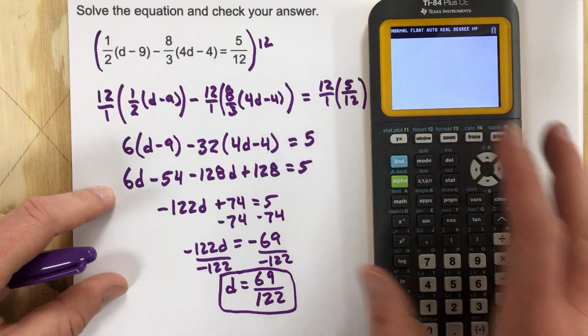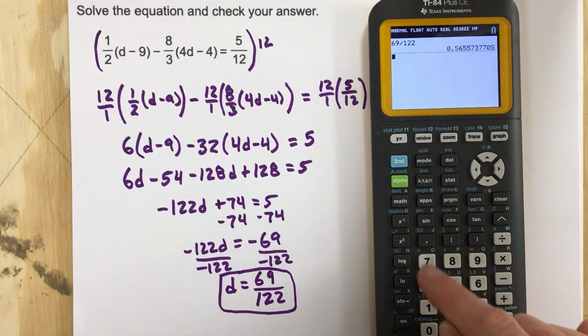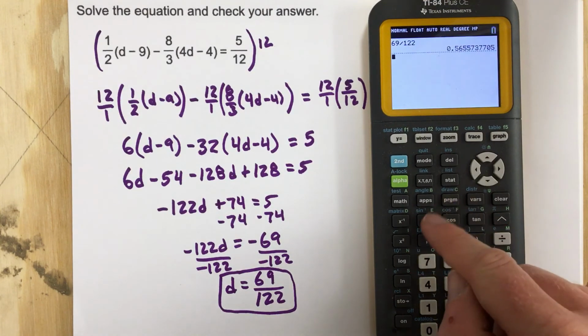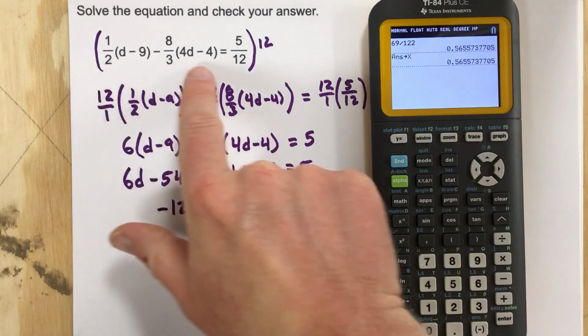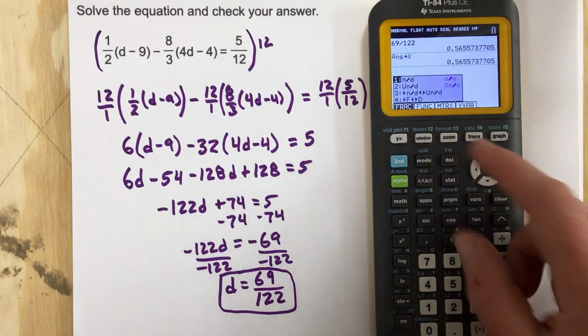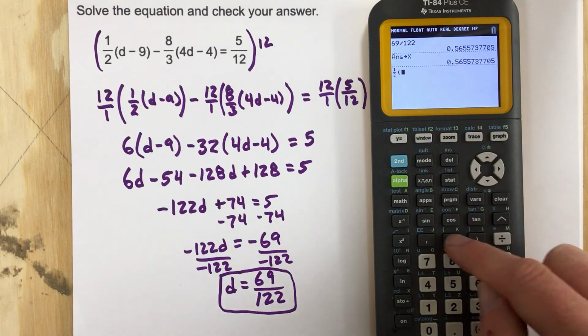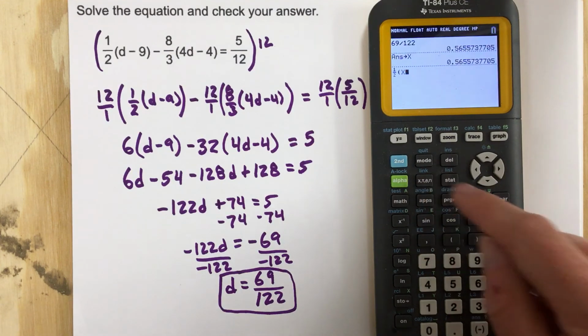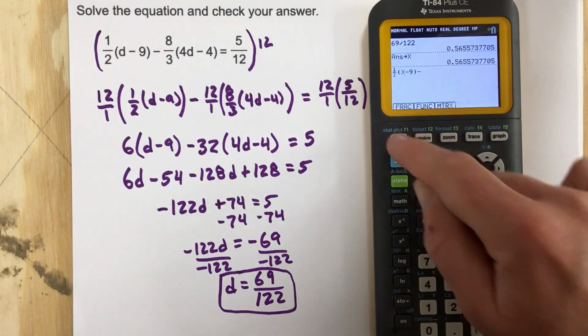So the first thing we're going to do is we're going to store, there's an STO button on here. I know you can't maybe see it on the screen, maybe you can. But we're going to say 69 divided by 122. I'm just going to hit enter there and I'm going to store that. So STO as x. Then I'm going to type in the equation. So I'm going to have a fraction, 1 over 2, x minus 9 minus, again grab a fraction,